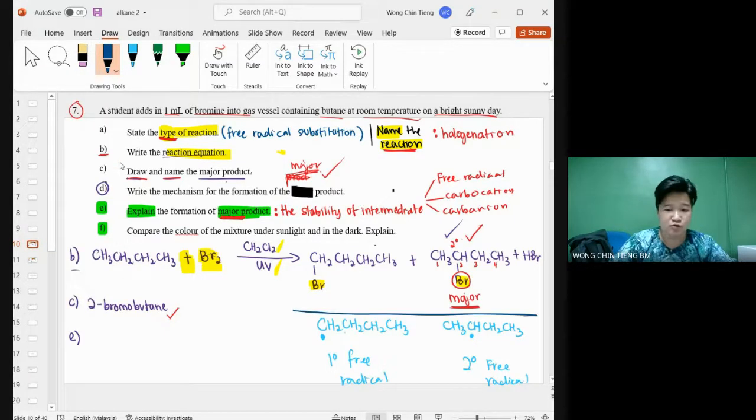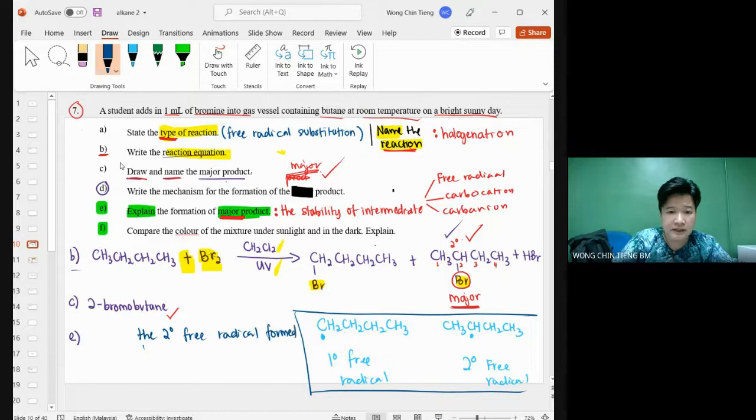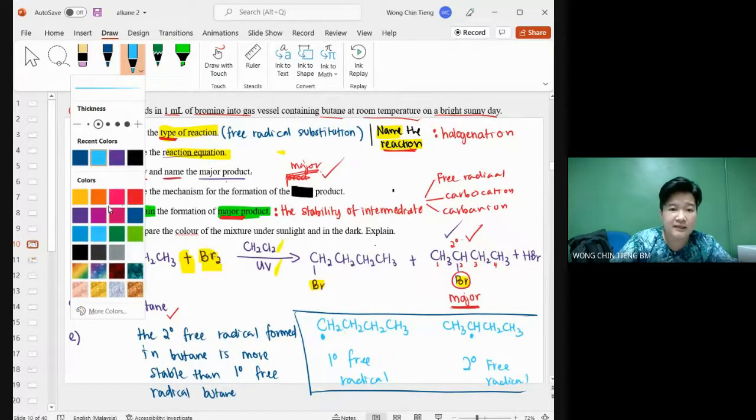So draw this thing. You draw this, you label this. That is just E, you draw it. And just state one statement, depending on the question: the secondary free radical butane is more stable than the primary free radical butane. And the only thing that changes, in the exam later on,